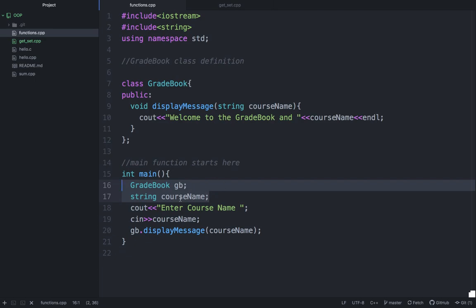If you look at these variables, gb can be used from this line onward, and course name can be used from line 17 onwards, to the 21st line where you are closing the braces, meaning before this. You can't use it after the braces, but you can use it before.